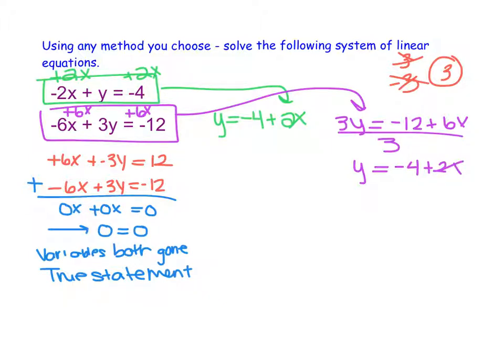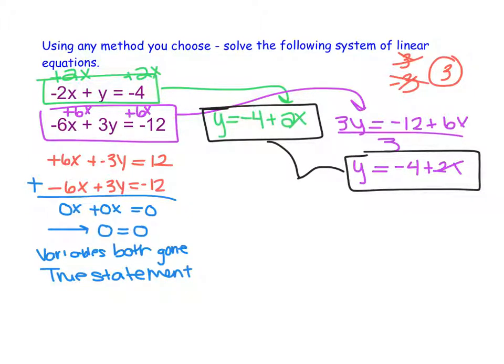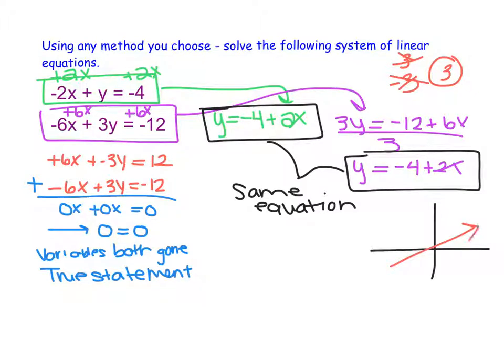So if I look here at my equations written in slope-intercept form, what I notice is that these two equations are the same equation. They're exactly the same. If I rewrite them into slope-intercept form, I can see they are the same equation. So if I were to have a coordinate plane, and I'm asking you, okay, where do these two lines intersect? And here's line 1, and right on top of it is line 2. Yeah, you're going to get more than 1 point. So what's really happening here is because these are the same equation, they have infinitely many points